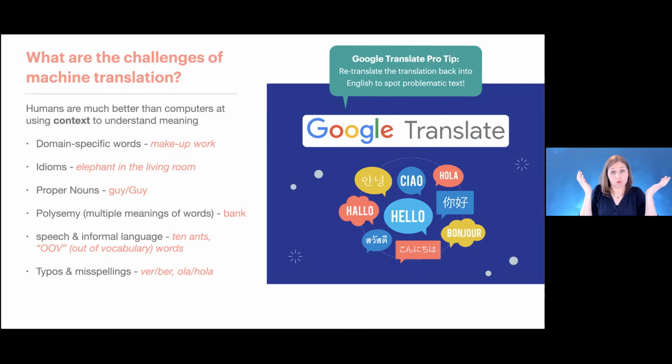And if I'm not a Spanish speaker, I don't know if that's a good translation or not. And so what I can then do is copy that Spanish translation that they've just provided me, and then put that back in as my input and say, okay, now take that and translate it back into English. And then it helps you to see if there was anything problematic. So it highlights for you, ooh, I may need to reword this one part because somehow in the translation, the machine is not catching that one little piece. So just a pro tip there.